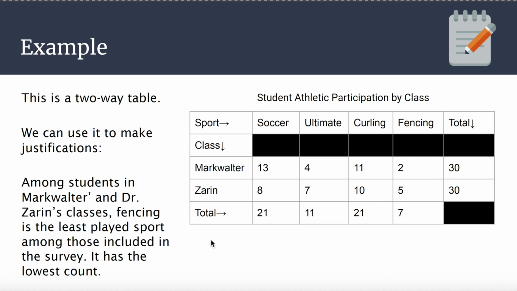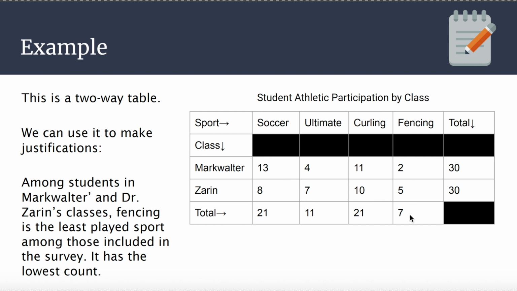Let's say we went to some strange school where you're required to play either soccer, ultimate, curling, or fencing. We can use tables like this after we've collected information to make some justifications. For example, we can use this table to pretty quickly justify that among students in Markwalter's and Dr. Zaren's classes,